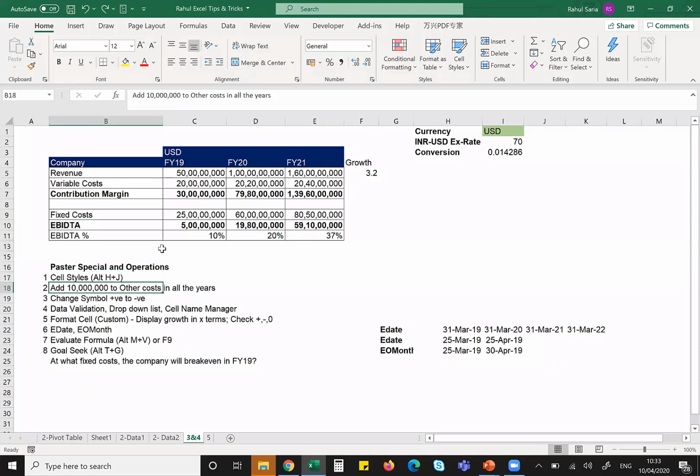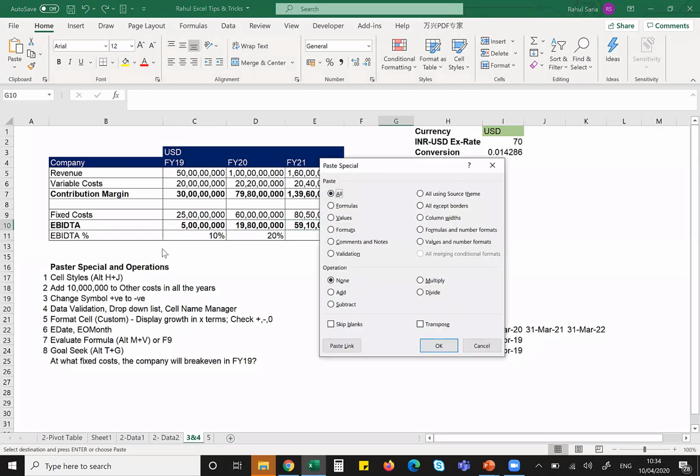Now, something I'll teach you about paste special operations, right? We all know what a paste special is. Say, for example, there's a formula in this column. I want this number to be pasted here. I just copy it. I go and do a paste special. What is the shortcut for paste special? Control Alt V. It will open a dialog box for paste special. We generally click value or I type V. So you see, there are a lot of underlines. Those are the shortcuts. The underline is V, so the shortcut is V.